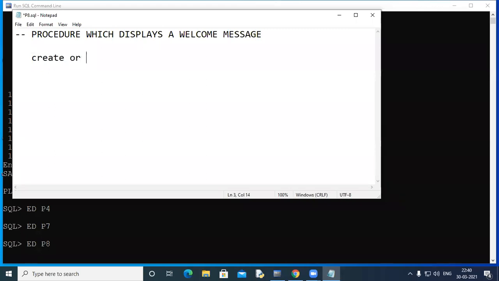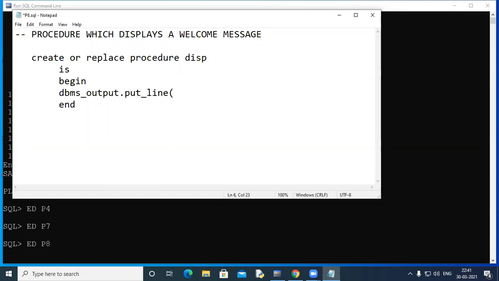Create or replace procedure, say disp is, and then simply begin, end, and within that you can write dbms_output.put_line.